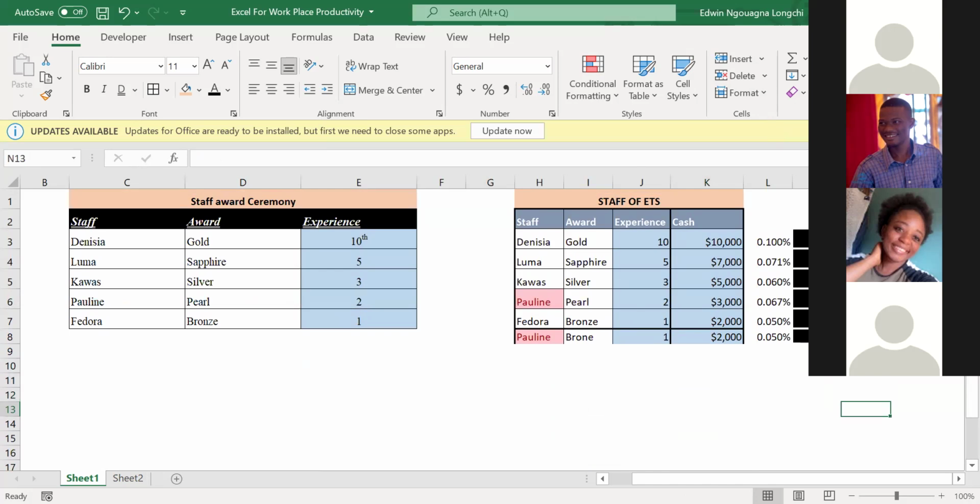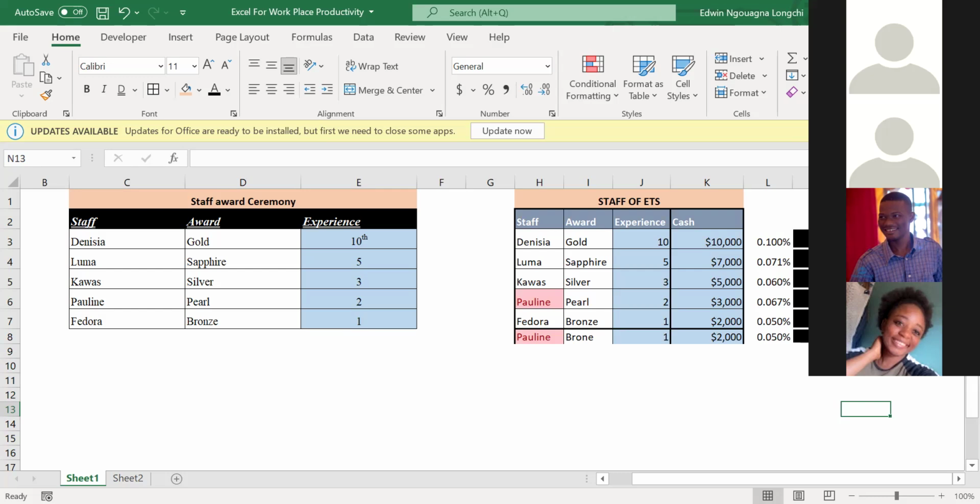All right, here you can have filter. We've seen sort A to Z. You can use this one when you're a teacher and you want to rank your students. When you have put all your marks and calculated the averages using your average function, you can come here and sort from largest to smallest. It will give you from the first to the last student. Very easy.